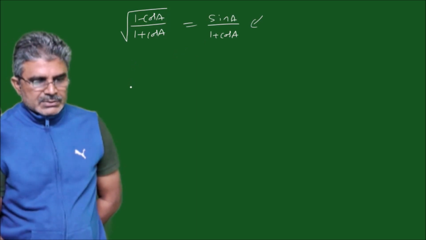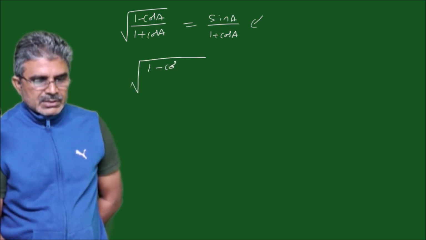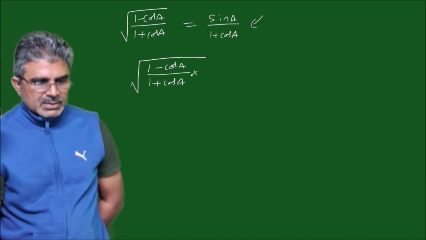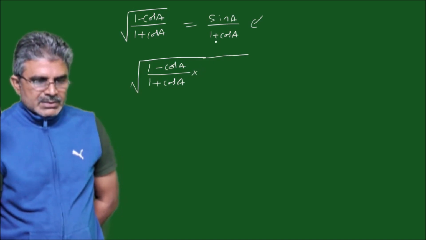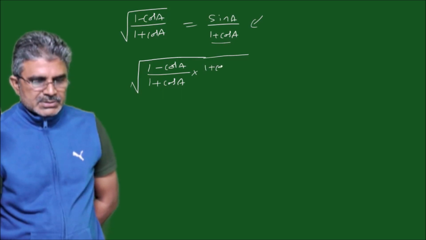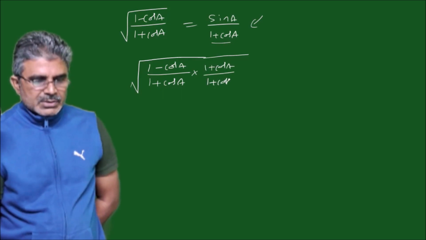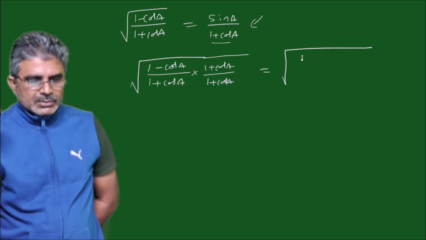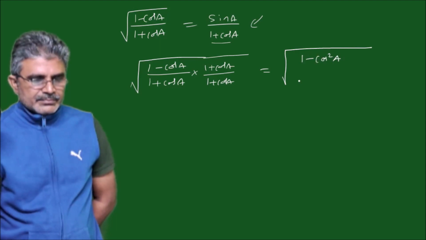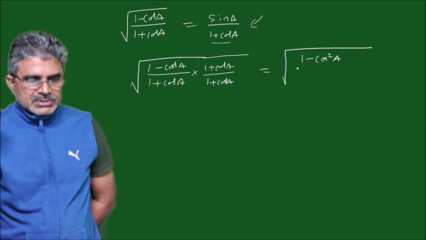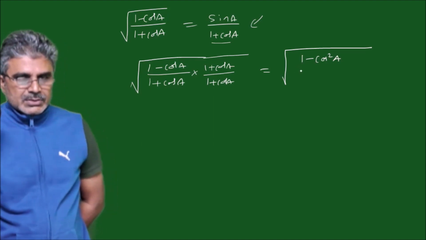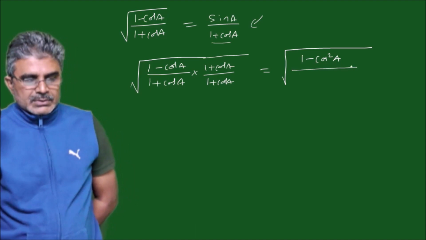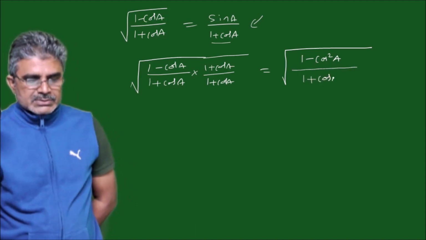Consider LHS. While considering LHS, take the rationalizing factor. (1 minus cos A) by (1 plus cos A) is the given thing, and you want to rationalize. Seeing the RHS, you can see 1 plus cos A is in the denominator. So multiply 1 plus cos A in the numerator and 1 plus cos A in the denominator, which is equal to square root of, in the top we have 1 minus cos square A, from the algebraic expression (A minus B) into (A plus B) is equal to A square minus B square, divided by, below you have (1 plus cos A) whole square,